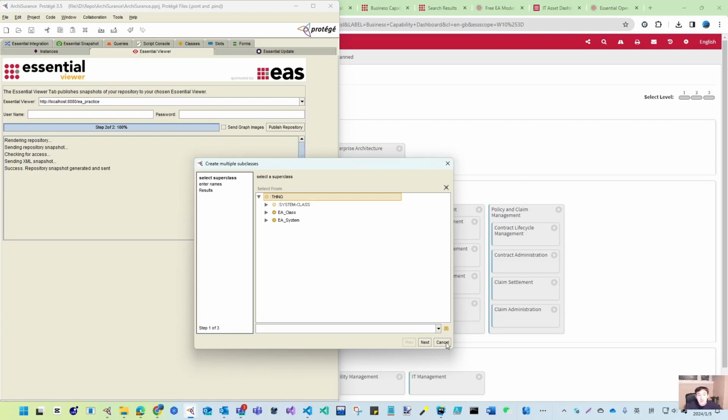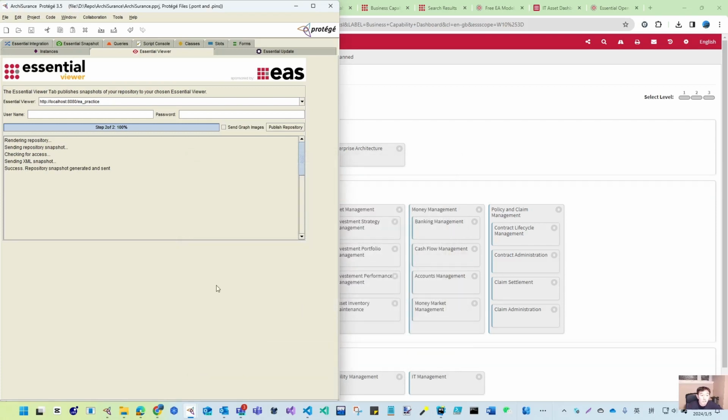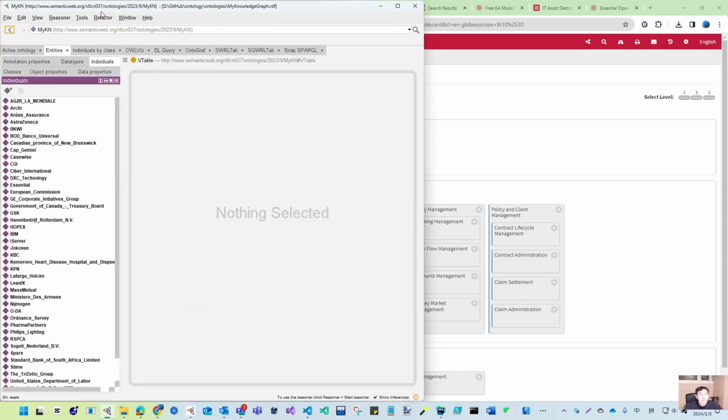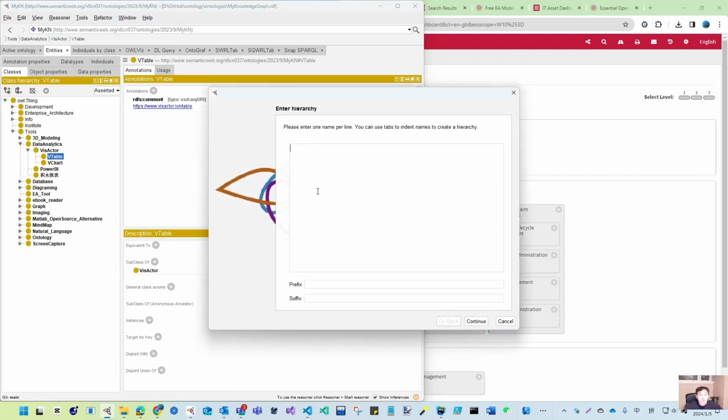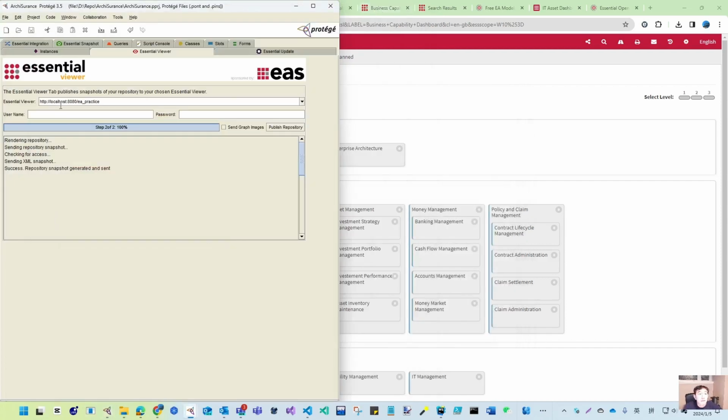But I don't think they can support you with the hierarchy. You may be familiar with Prodigy. If you come to the class, go to here, and you want to create a class, it's like A, and you can use tab and then B. That will create the subclass under your A. So that is the convenience Prodigy can give you, but on our baseline project in this Prodigy 3.5, I don't